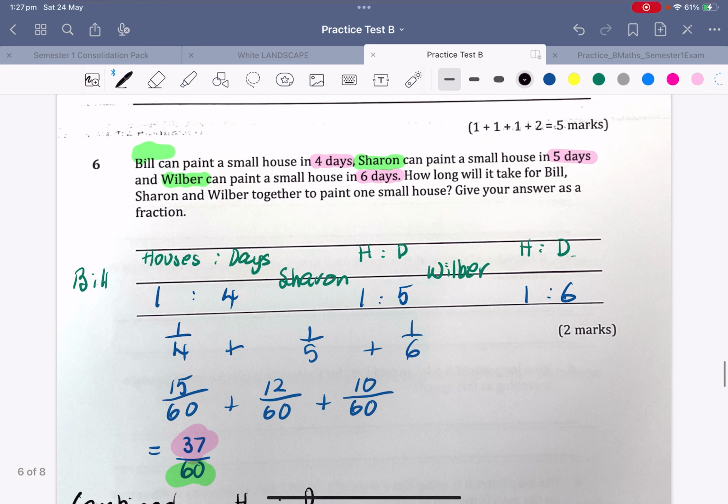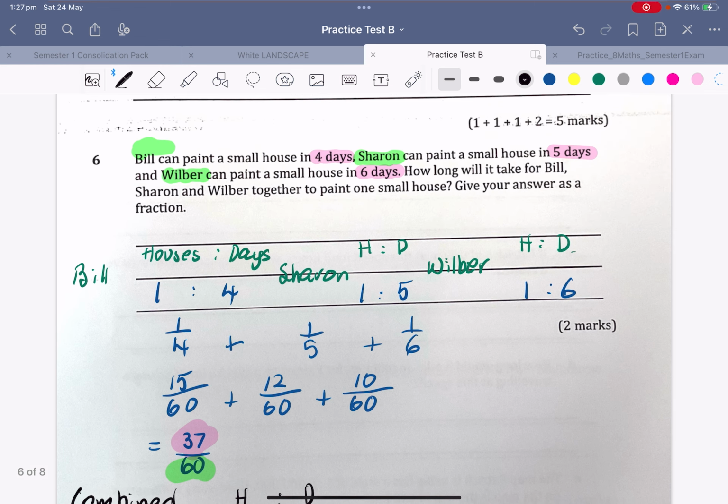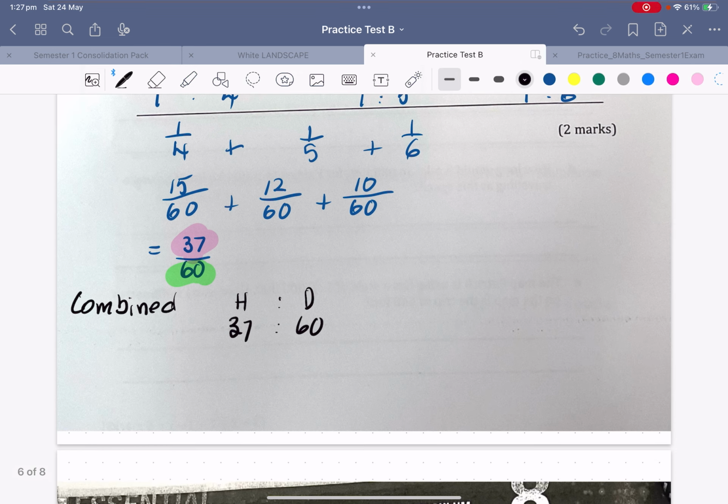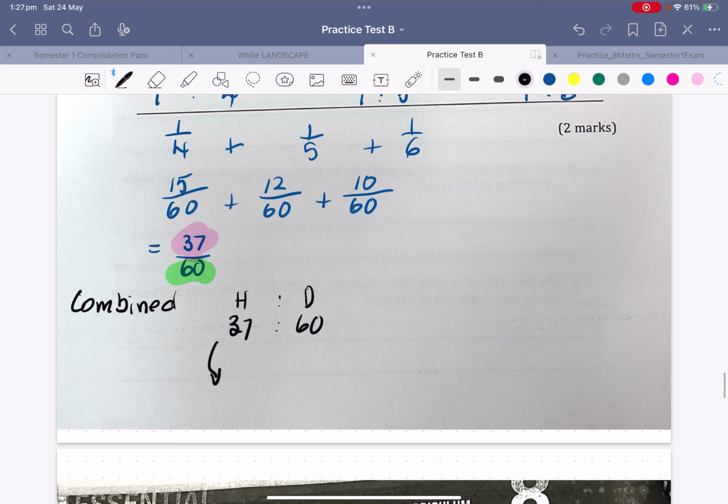But what does the question ask? The question wants to ask, how long does it take to paint one house? So at the moment we have 37 houses,